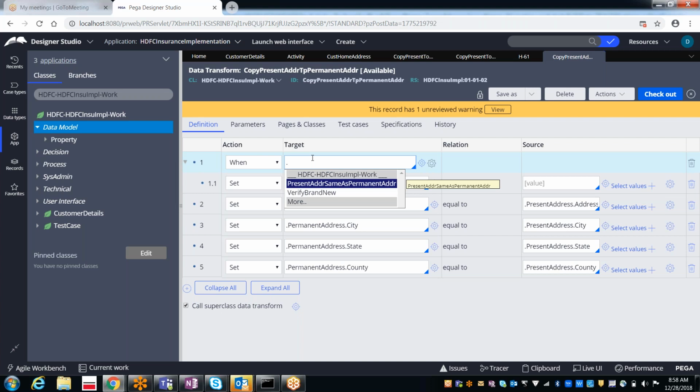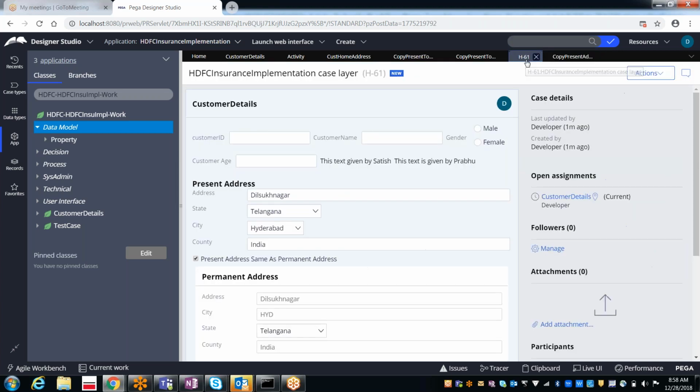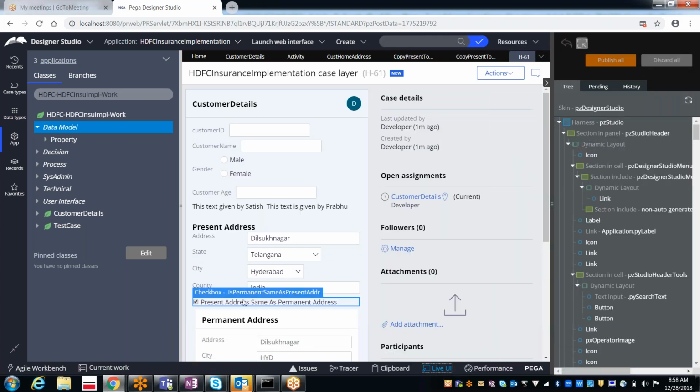Is it a property? Actually the property name, as I said, is is permanent same as present ADDR. It's a label name.